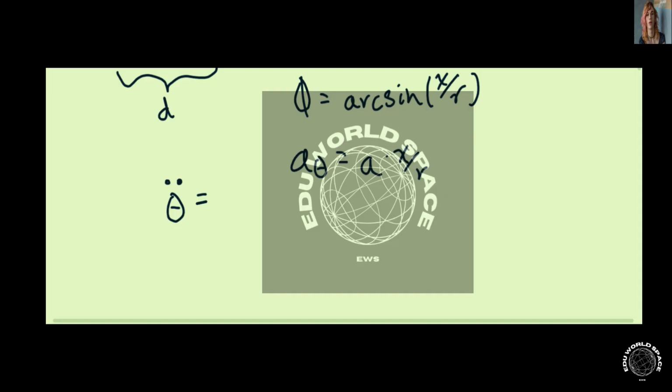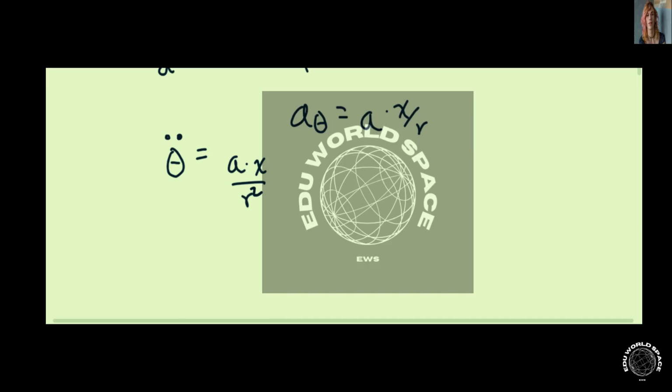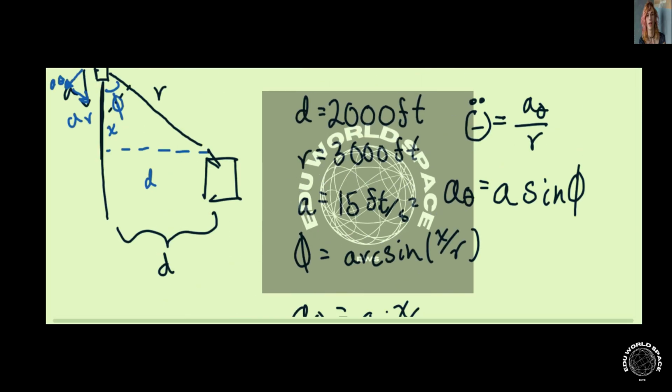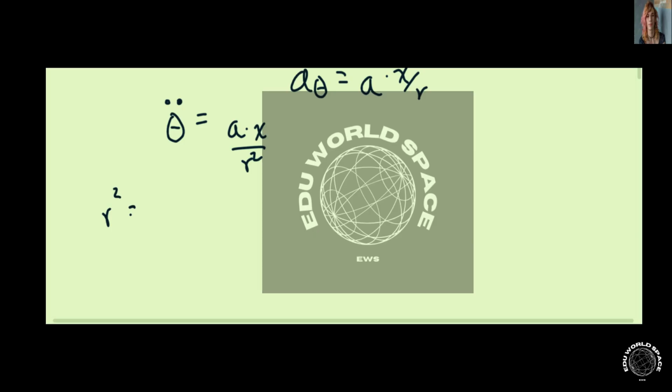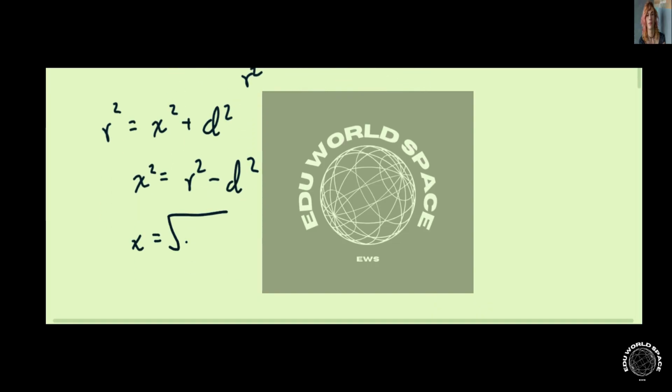And therefore, we have a nice expression for theta double dot, which is equal to A times x over r squared. So we only have to find x then, which isn't too difficult since this is a right triangle, so we can use the Pythagorean theorem, where r is the hypotenuse. So r squared equals x squared plus d squared. X squared is then r squared minus d squared, and therefore x is the square root of r squared minus d squared,